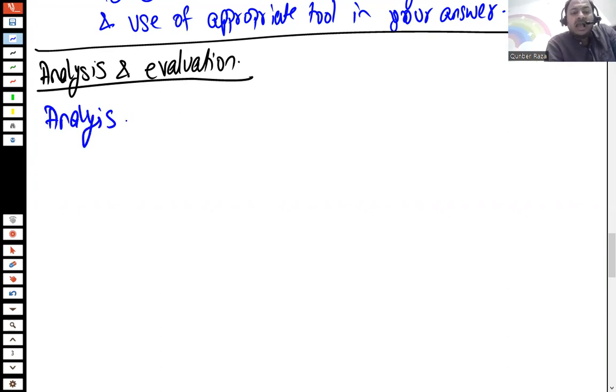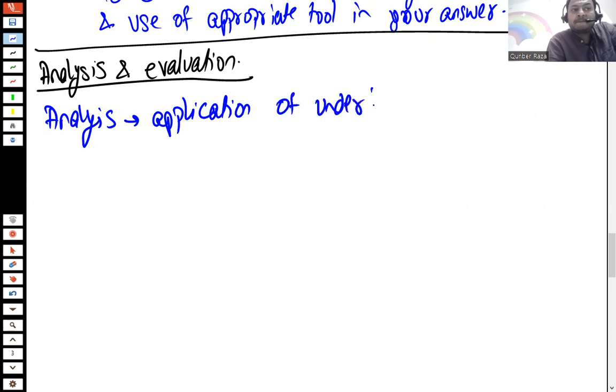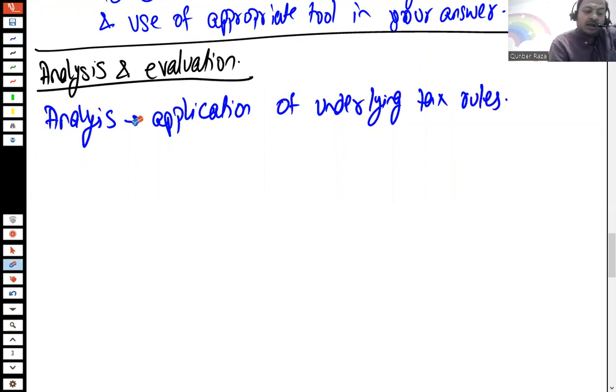What is analysis? Analysis is basically the demonstration of application of underlying tax rules. It's the demonstration of, like, I know this: demonstration of application of underlying tax rules. That is the analysis skill in a specific scenario. Like, for example, just to share with you, in a specific scenario,